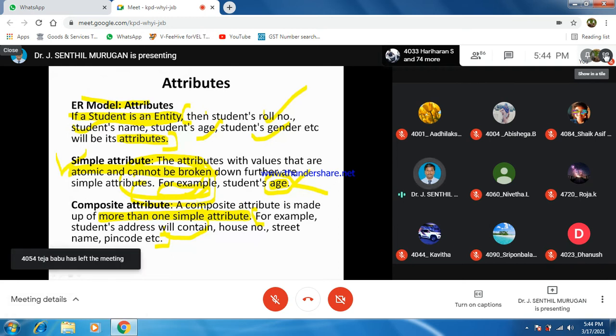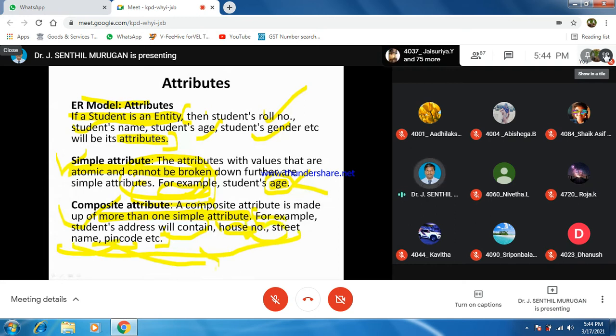If it is composite, for example, house number, street name and pin code. That is more than one simple attribute, house number, street name and pin code of a particular person's address. The address of a particular person will be the same, but since it is composite, more than one simple attribute will be there.